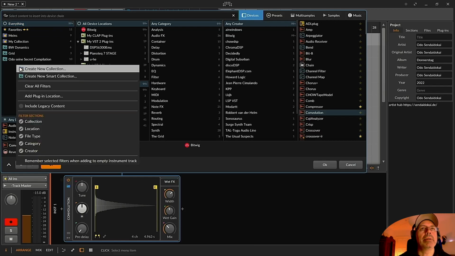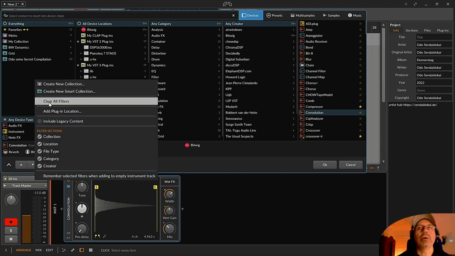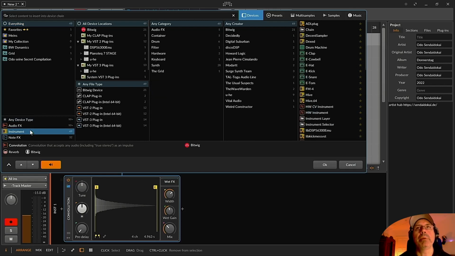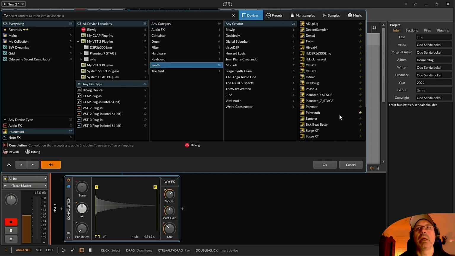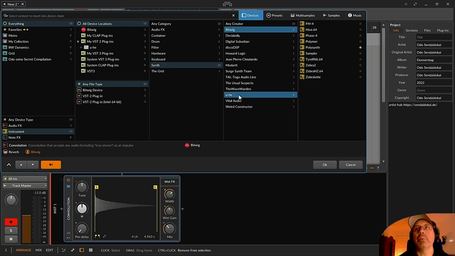So these are the new collections. Then there are some smart collections, and smart collections, if I clear all filters again, is something that, for example, I want to have all instruments and all synth instruments in one place. And I want to select, for example, everything from Bitwig, and for example, everything from UHE. I hold down the control button, and I want to have all these synths available when I click on my